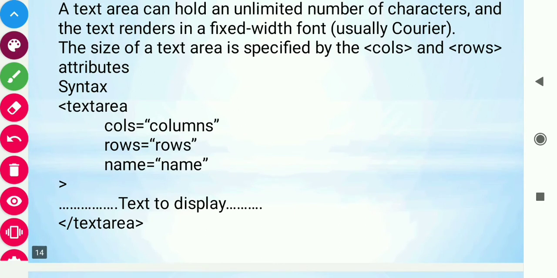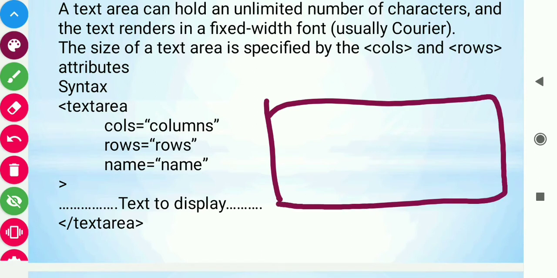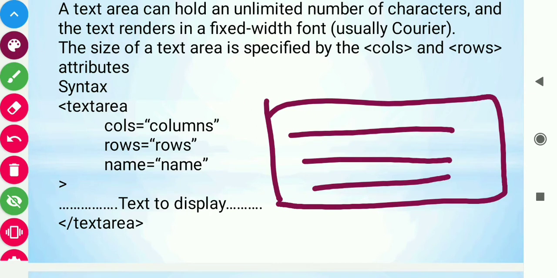So friends, for example, you can see here, if you want a specific location, an area will be there where the user can enter a number of lines, and there can be a scroll bar to move it up and down. So like this, a textarea will be there on an HTML form. You just need to mention the columns.